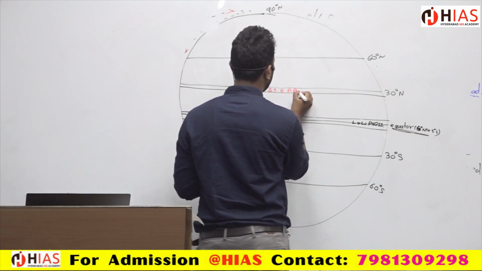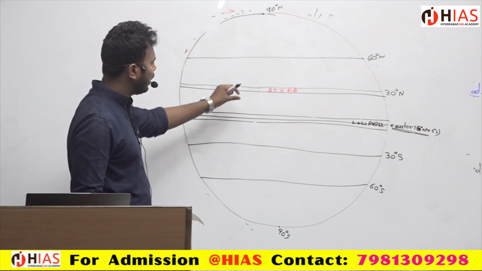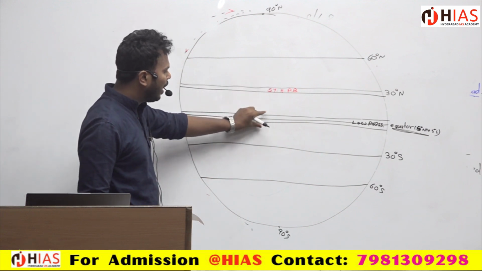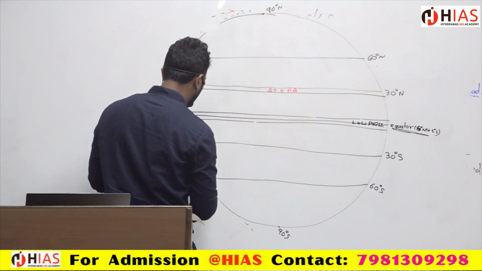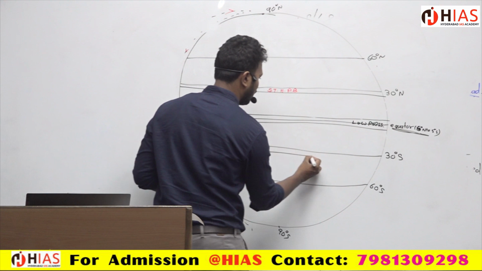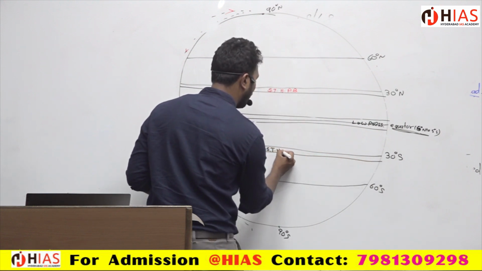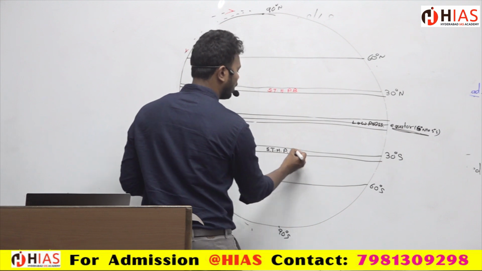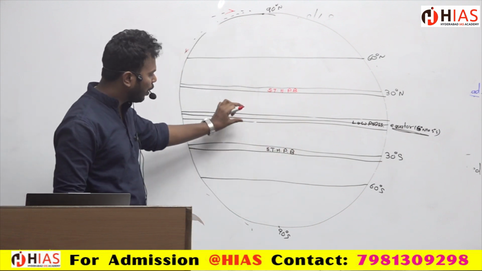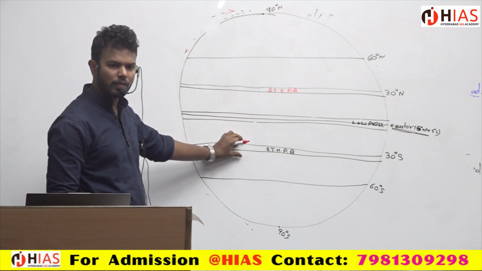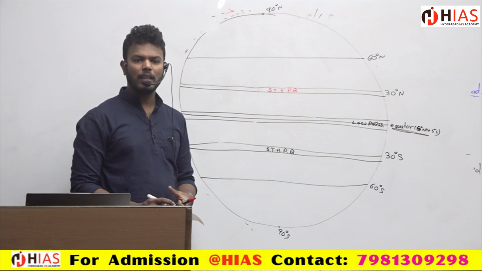See, I am writing like this. Subtropic high pressure belt. So it is high pressure compared to this one. Similarly, this one also will be what? Subtropic high pressure belt. See, the temperature will be more over here, but compared to this one, the temperature will be less. Temperature is less means high pressure. Temperature is more means less pressure.